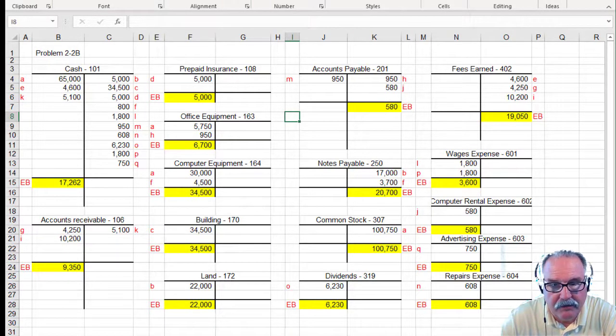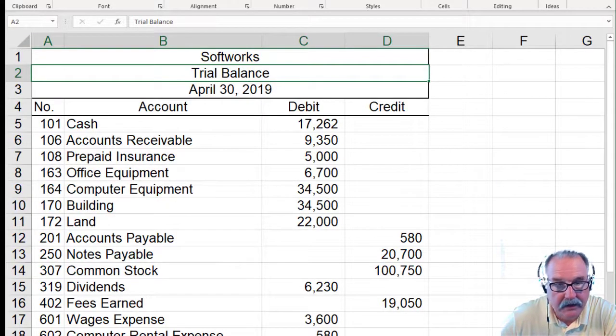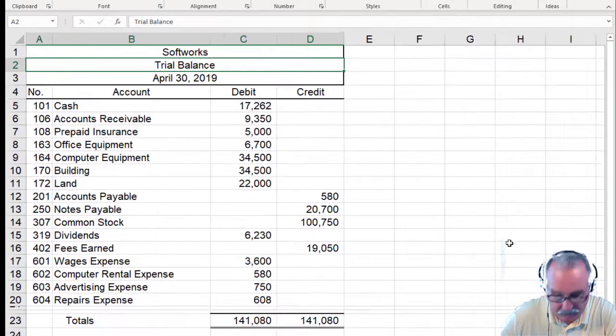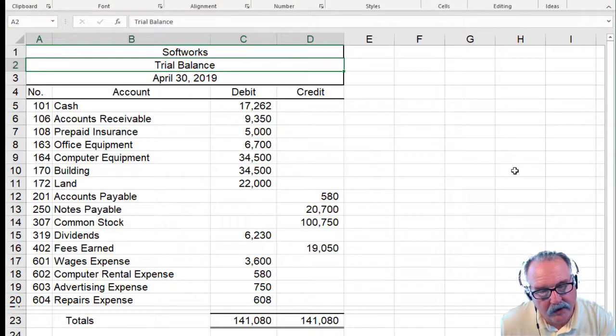If we take these balances and put them into the trial balance, we should get something that looks like this. Let me make it a little smaller. We're just listing out each account in our chart of accounts that has a balance and totaling it up. If you want to stop the video and balance out your stuff and make sure it all works,